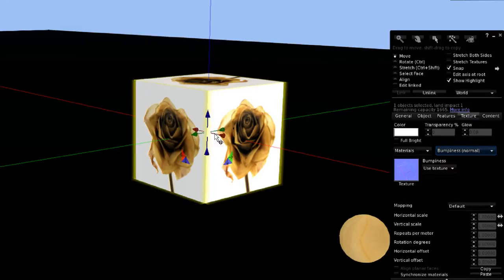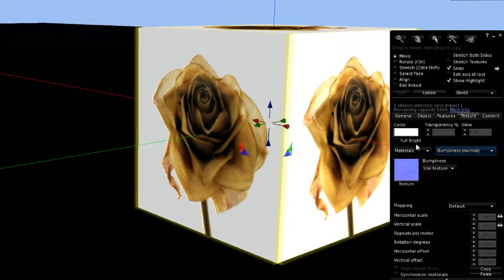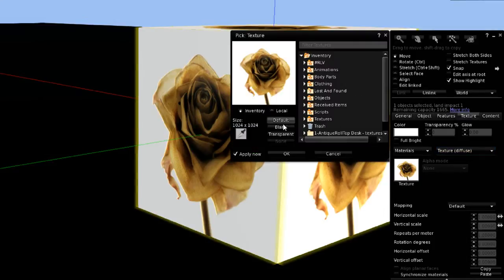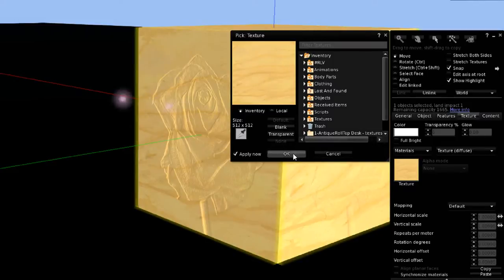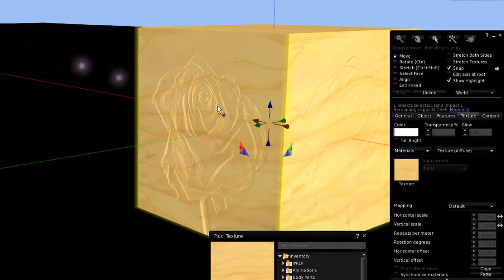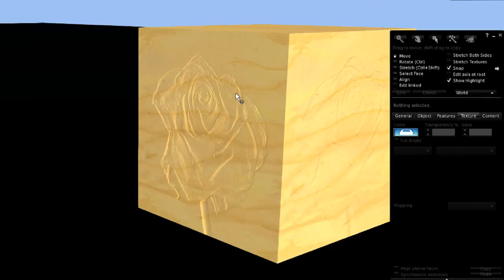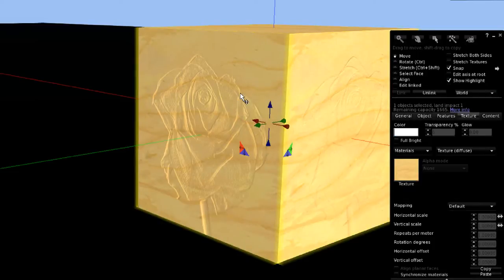Now you might not see so much what's going on, but if I were to take this normal texture and go back to texture diffuse and change this to maybe the default wood, you just move this, you can see that it's flat. There's no image there, it's just the wood, but you can see it looks like it's got the outline there, like it's actually engraved or carved in there. So let me go ahead and add that rose back in,